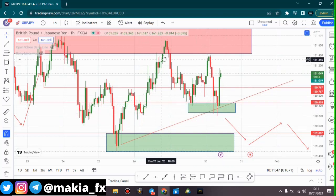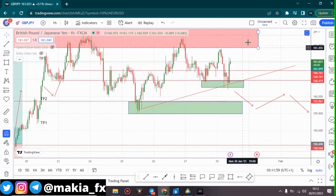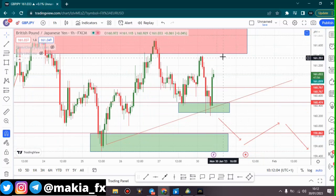So we are seeing that even though this area is a place where we may want to sell, as time goes on, the bulls are trying to win this particular game. So for those who are trading GBPUSD long term, they should be looking at this zone to see if price will be able to break this zone. If price breaks this zone, please go bullish. But as of now, if you're trading intraday,